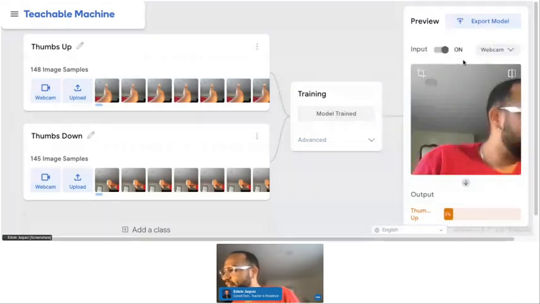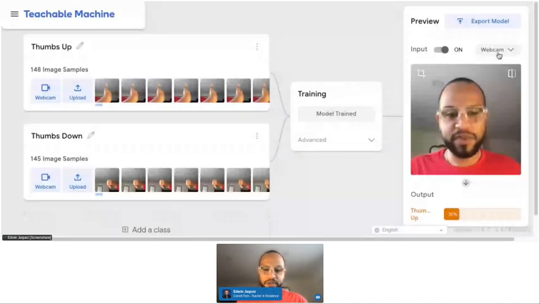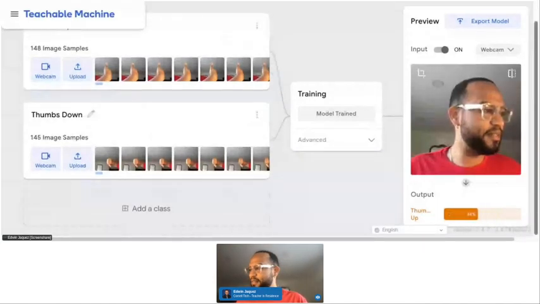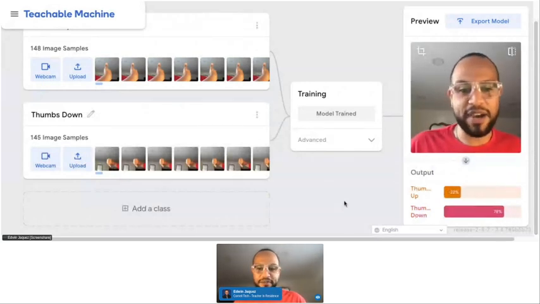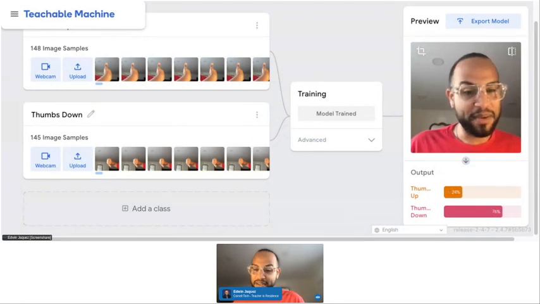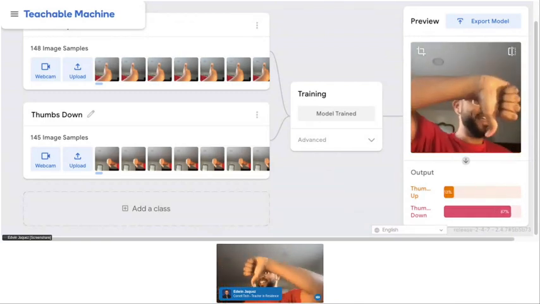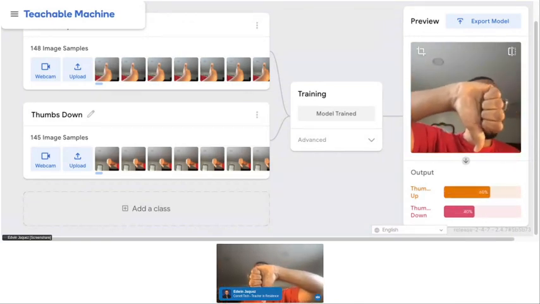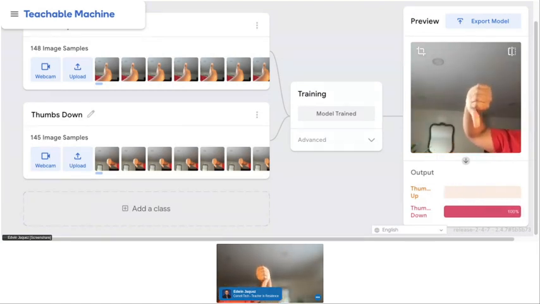Let's see. I do not want to export the model right now. So, all right. So you'll see that this data point down here is kind of just jumping up and down. It's trying to figure out if my face is thumbs up and thumbs down. And for whatever reason, my AI has some bias and it thinks that my face looks like a thumbs down, whatever. So I'm going to see if I put thumbs down, what happens? I've got to get out of the way. All right, so thumbs down